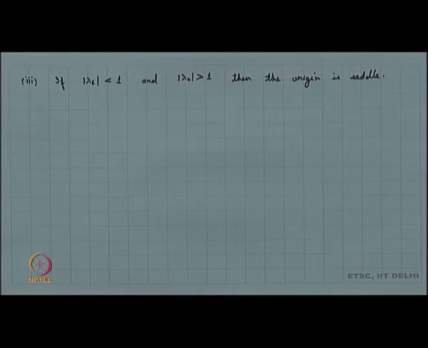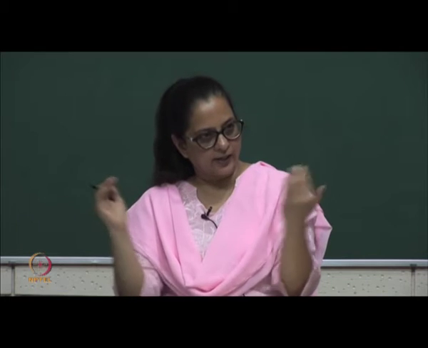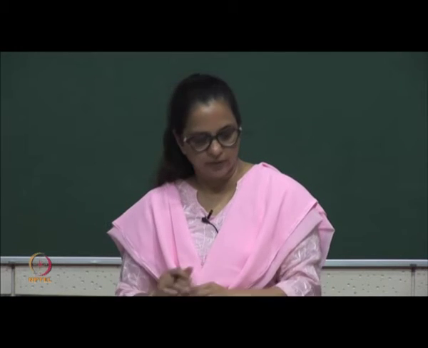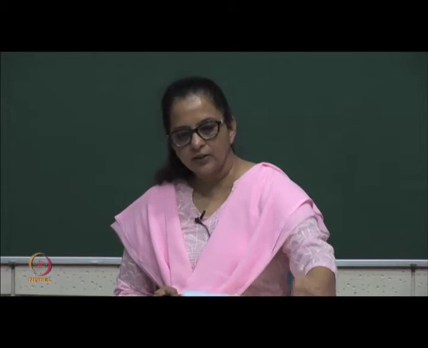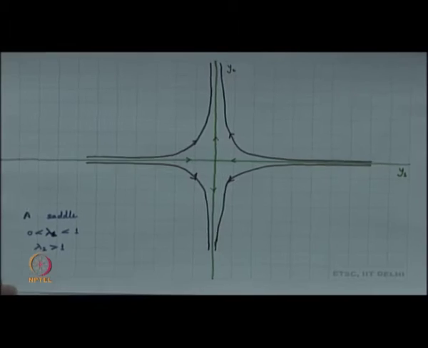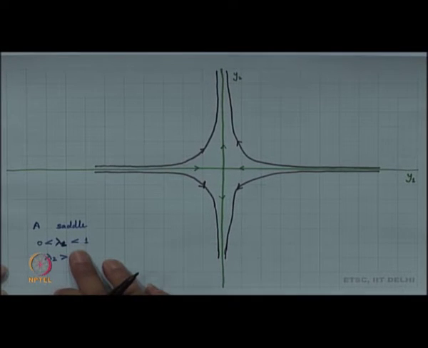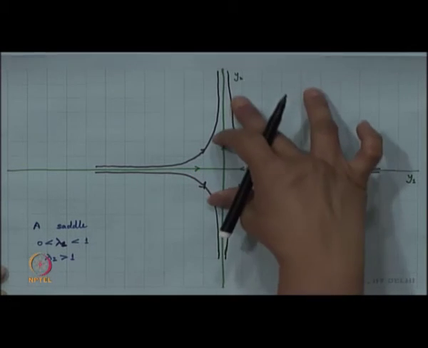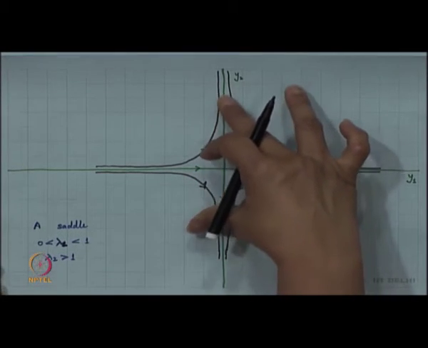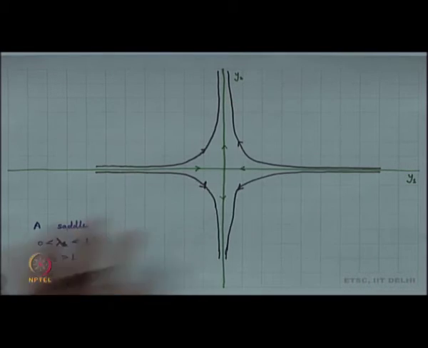You can say it is basically unstable because it is a saddle, nothing is converging to the origin, but it is attracting from one direction and repelling from the other direction. So, the origin happens to be a saddle, and you can see this part where your lambda 1 is between 0 and 1. So, basically it is converging towards the lambda 1 direction, but it is diverging towards the lambda 2 direction. So, in the y2 direction it is diverging. So, this behaves like a saddle. So, the origin behaves like a saddle.